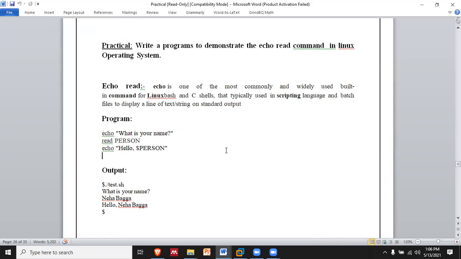We read person, the variable we have taken, and the value the user types, those characters, are stored in person. Then when we perform echo hello with that person, the value is replaced due to the dollar sign we have used in front of person, so that value will get printed over here, right? So just try this code in your machine.